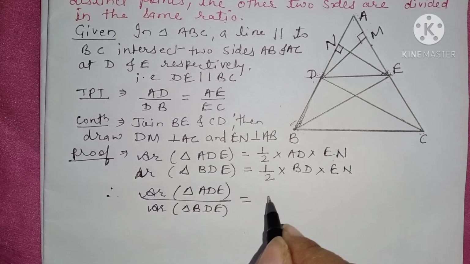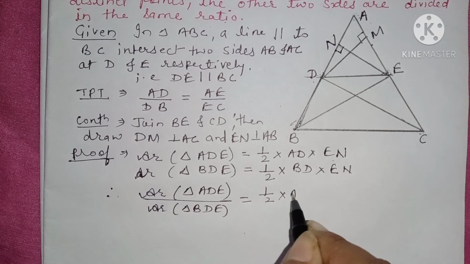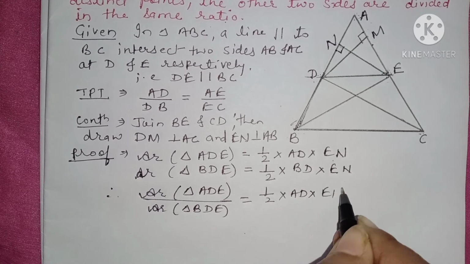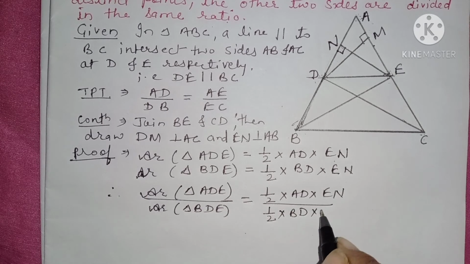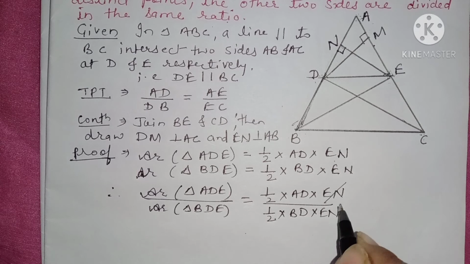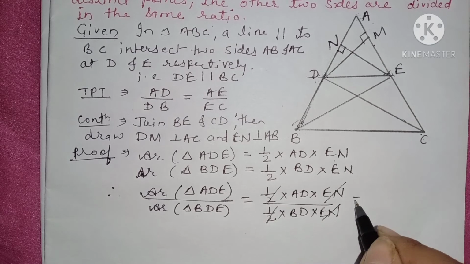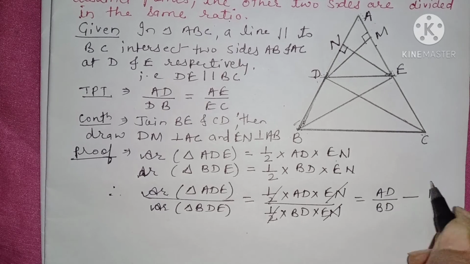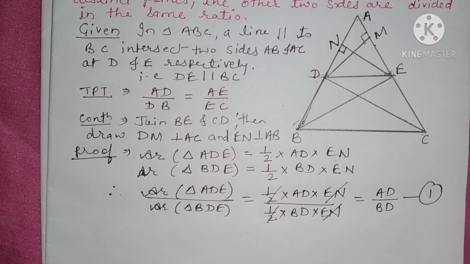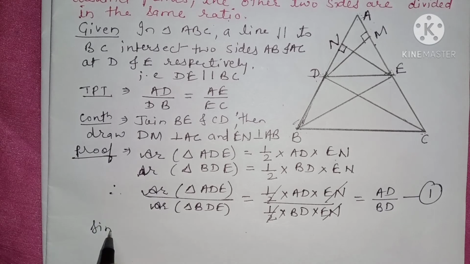what is the area of triangle ADE? It is half, base AD and height EN, upon half, BDE's base is BD and height is EN. Can we cancel EN and half? Yes. So what do we have? We have AD upon BD, and give it number 1. All right. Then similarly